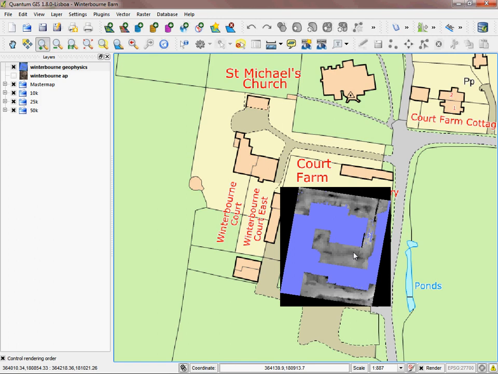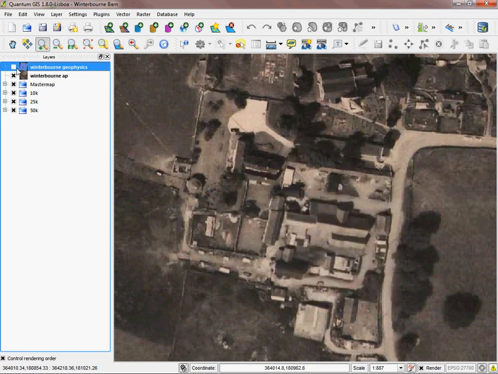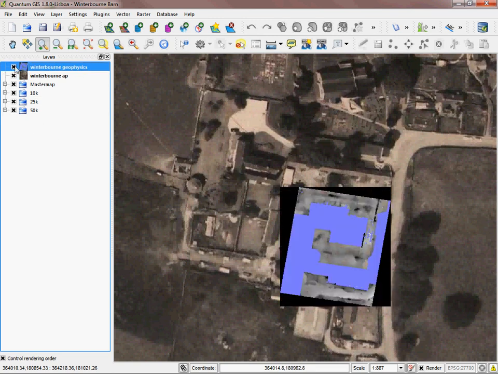Now, I can put the aerial photo on underneath and still have that over the top. That's what I'm saying about this black area. That's because I didn't orientate this image appropriately the first time. What I should have done is in Photoshop orientated the image so it was already facing this direction. So that's how you georeference. You can turn things on and off. You can see that they overlay